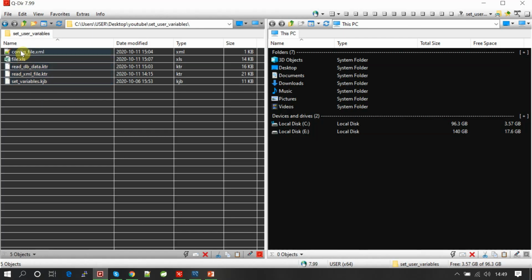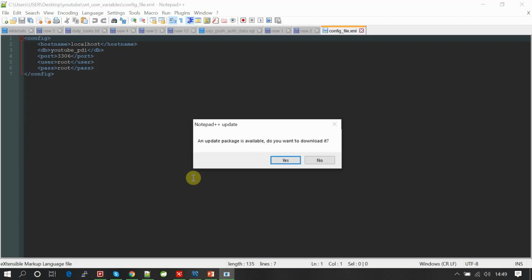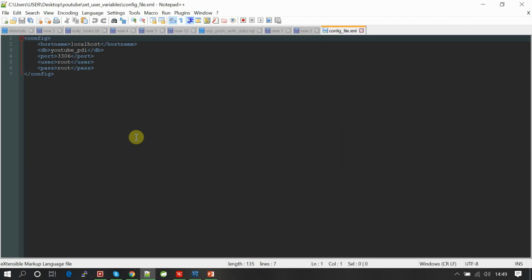So this is my configuration file. If you see, I'm using an XML file to define all the variables and their values. You can use any file, like a CSV file, a YAML file, or an XML file, so that you can define those values as variables for your transformations and jobs.